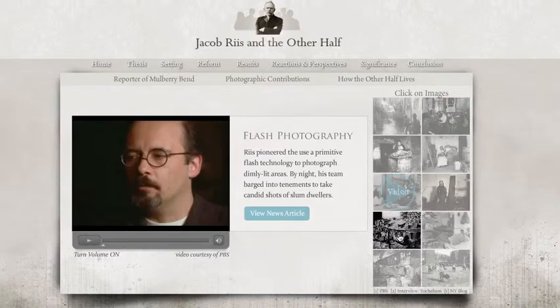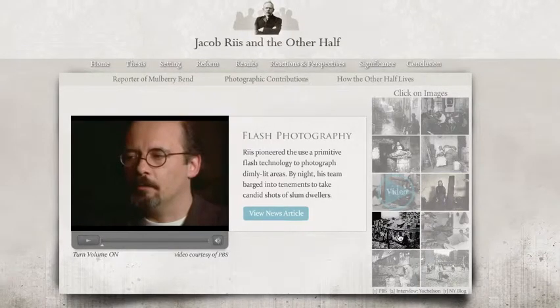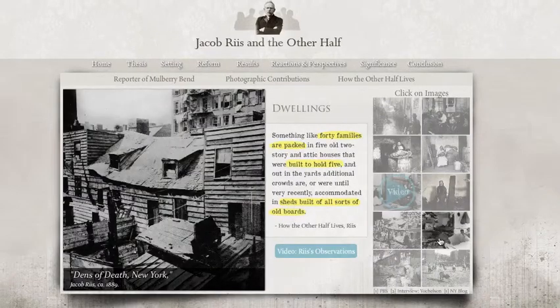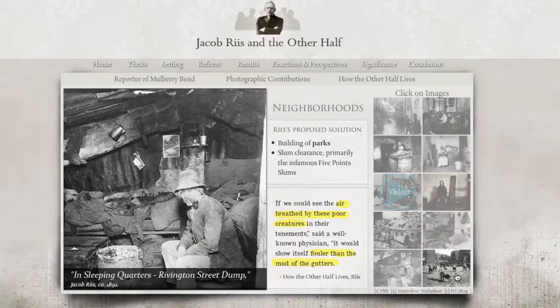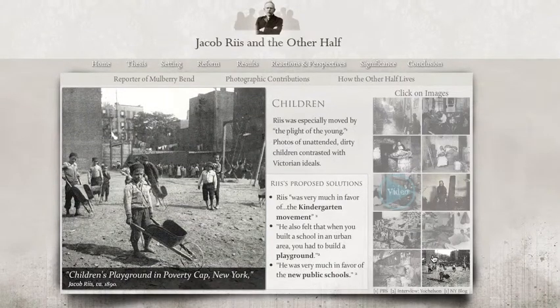There's a little video that walks you through his photographic method, it's just really, really a cool site. This is probably the most famous picture, one of the most famous pictures Riis has. So she's done a really good job of culling some of the most important and interesting pictures, and